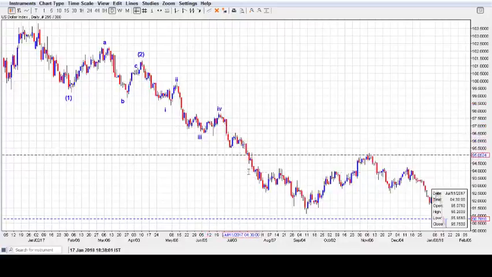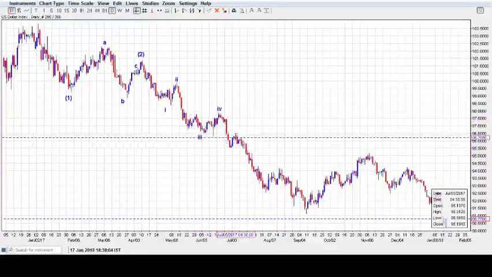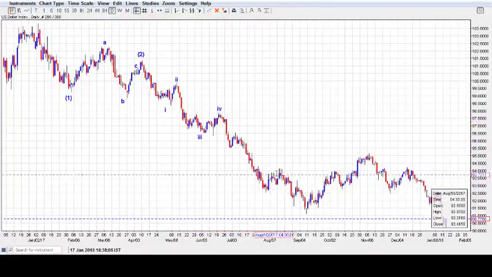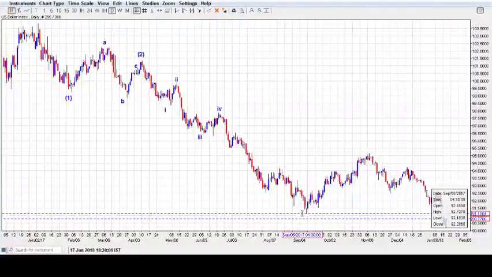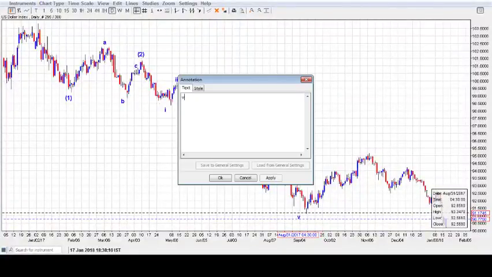And again, see the extension here in the fifth wave: wave 1, wave 2, wave 3, wave 4 and wave 5. So this was the fifth wave extension, or an extended fifth wave,